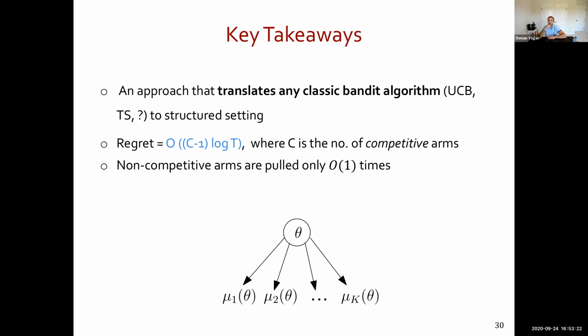So I don't know how much you know about the bandit problems, but there is a way to prove the lower bound for the classic case. And the lower bound for the structured case kind of one by one tries to mimic that, and the result is provided in a way that says, if you solve this semi-definite programming, the result is going to be giving you the coefficient of the lower bound. But that in most cases, especially with the number of arms being large, is almost impossible to solve. So we couldn't quite get a concrete answer as to whether.